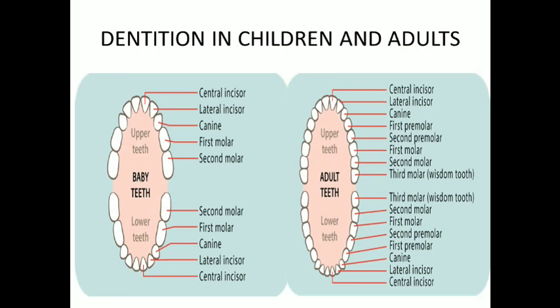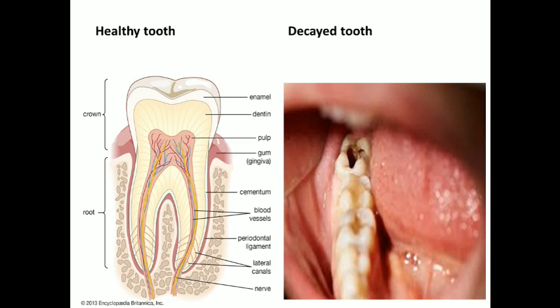So here the structure of a tooth is given. The point to be noted over here is the shiny white enamel on the outer layer of the tooth. What you see in your mouth is basically the hard enamel, which is white in color. Now, when we consume too many sweet items and do not rinse our mouth frequently, these sugar particles get stuck in the tooth and attract bacteria towards them.